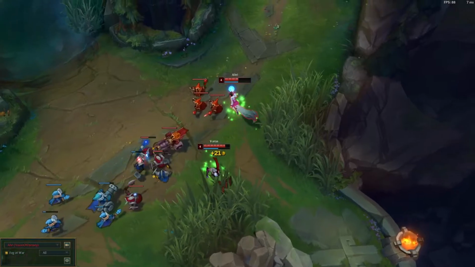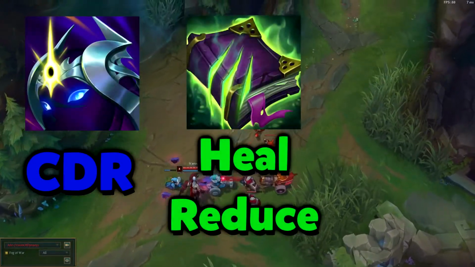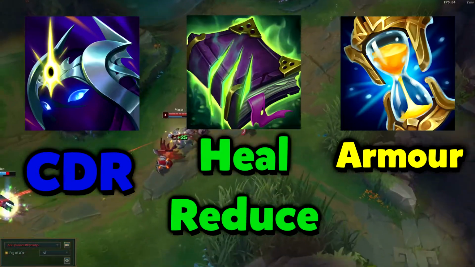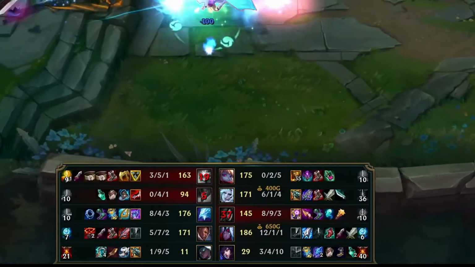For your second item, you have 3 choices depending on the enemy team you're against. Your choices include Cosmic Drive, Morello and Zhonya's. You'll be wanting to build all 3 of these throughout the game, but in which order you build them will depend on your game. For example, in this game I built Zhonya's second because other than Anivia, all the champions